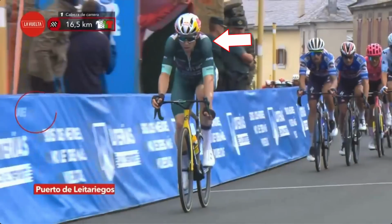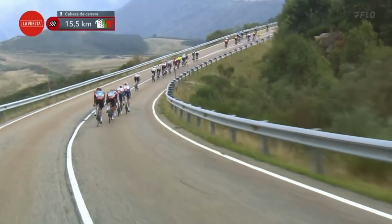He was already leading the KOM jersey, but he's wearing the sprint jersey, the green jersey, as he crosses over and keeps his KOM jersey here with a little bit of a buffer for some more points on today's stage 14. Now they drop down the descent, and you see the peloton's a little split up back there,